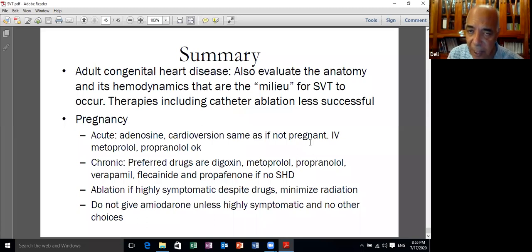تريتمنت مختلف. نمسك الكومن سيتويشن اللي هو concealed pathway. انت interrupt السيركل، if we interrupt it in the AV node, بيتا بلوكرز، كالسيوم انتاجونست، class 1C drugs ريرلي، غير كده. يبقى under these circumstances you interrupted the circle وبالتالي لا يمكن هتلف، قفلتها في الاي في نود. دي حاجه. الحاجه الثانيه انك انت suppose that the patient has a delta wave.